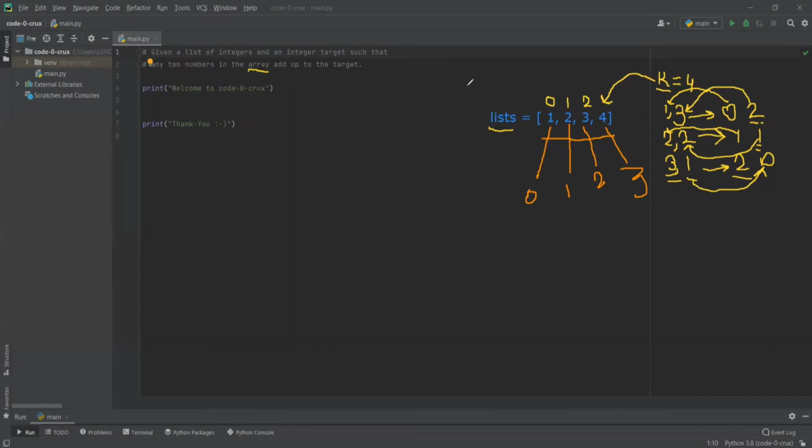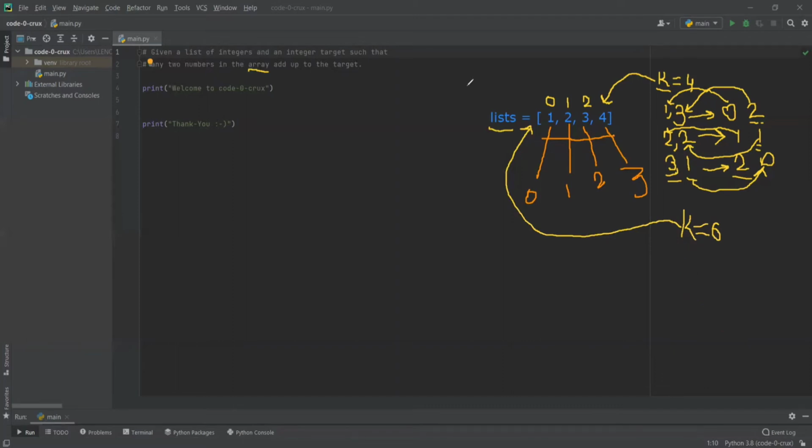Now, what if k is not present in the list? Let us consider that k is equal to 6. Similarly, for 6 as well, as you can see in the list, there are elements that add up to the number 6. Those are 3 comma 3, 2 comma 4, and 4 comma 2. Yes, basically, wait, 2 comma 3 should be earlier and 3 comma 3 should be below it. So what I mean is, let me just clean the stuff.